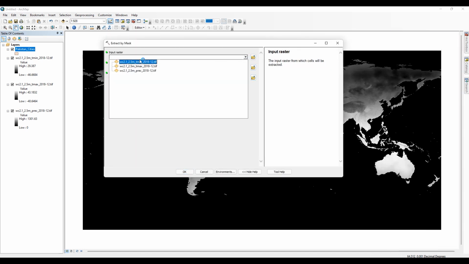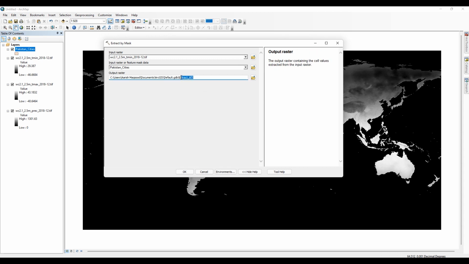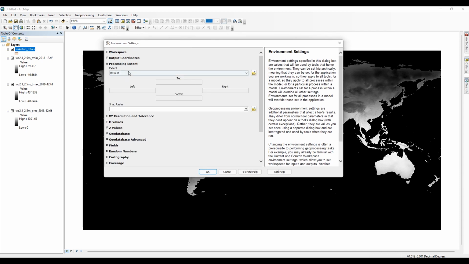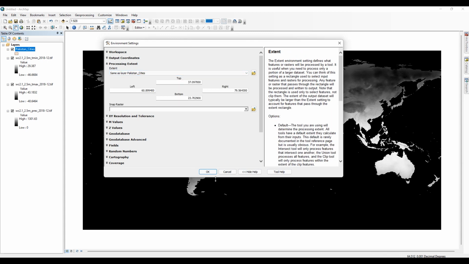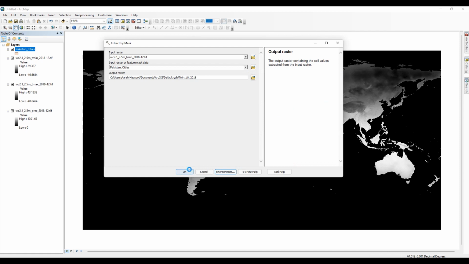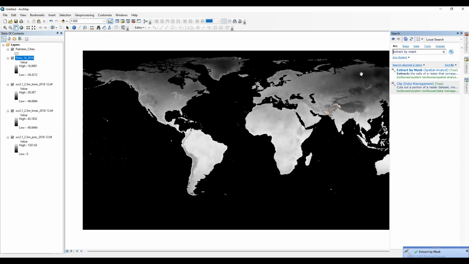Add the input raster file, add the mask data, go to the environments, processing extent, set it the same as the layer Pakistan cities. Here we go. Now repeat the same process for the other two TIFF files.